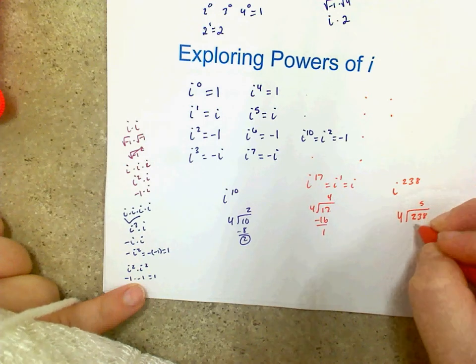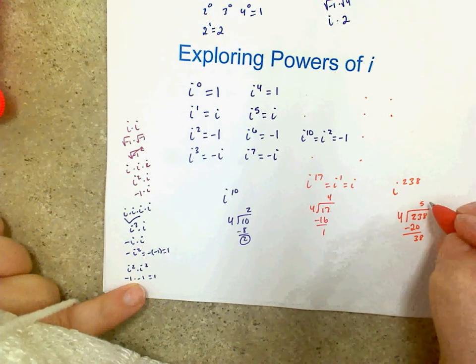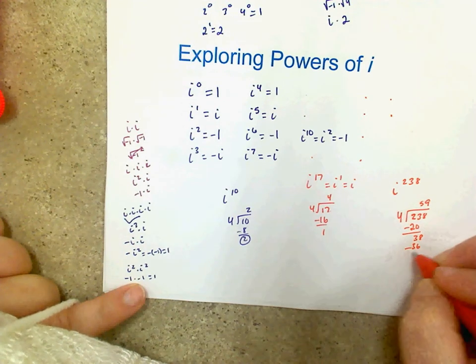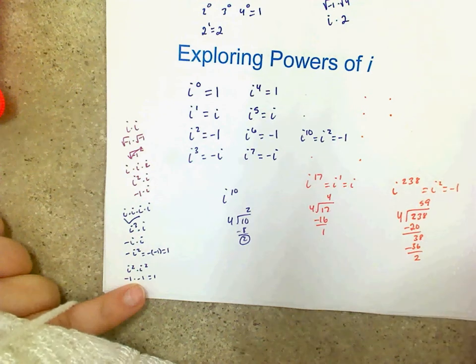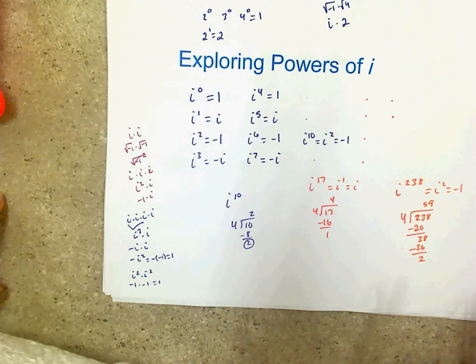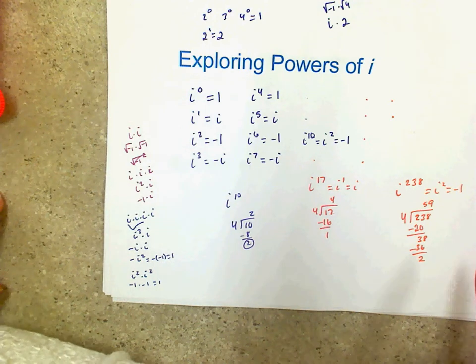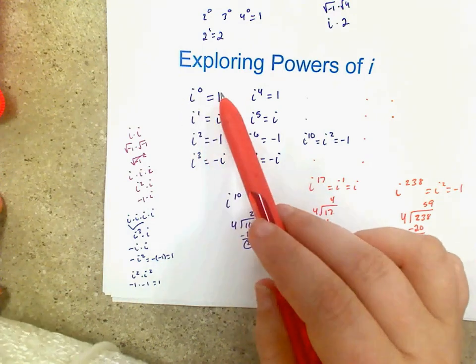5 times 4 is 20, bring down the 3. 4 times 9 is 36 with a remainder of 2, so that's the same thing as i squared, which is -1. Whenever I want to figure out the power of i, I really just have to remember that it's a pattern of 4, and if I can remember these just by figuring it out, anything to the 0 power is 1, anything to the 1st is itself,